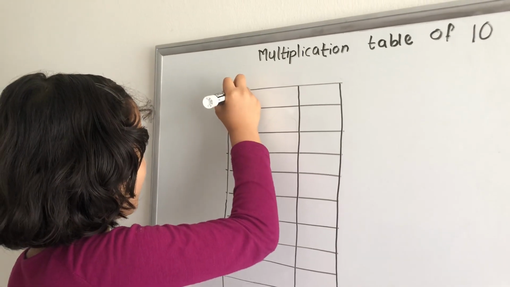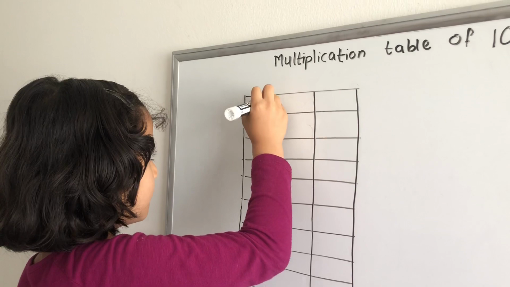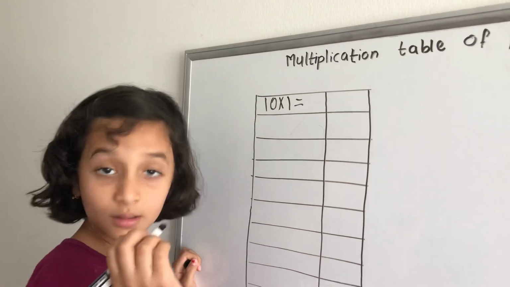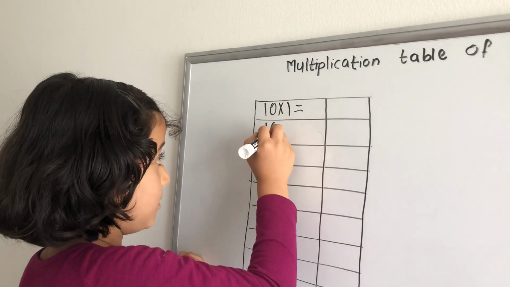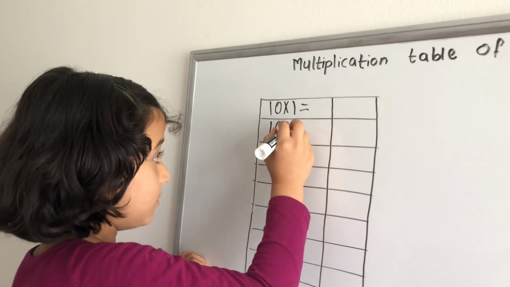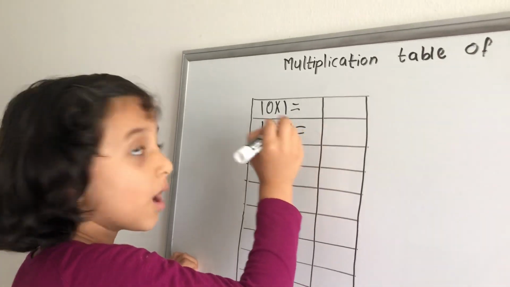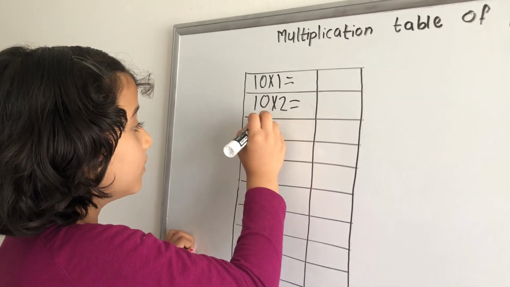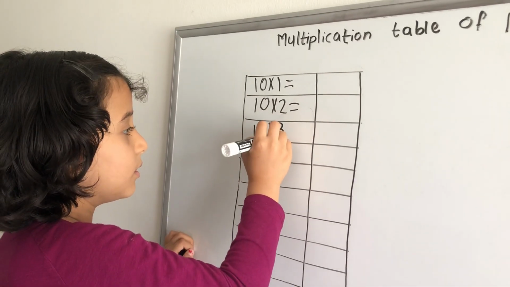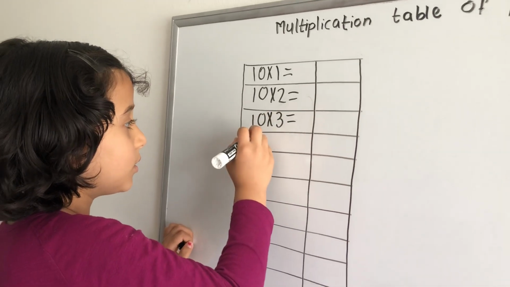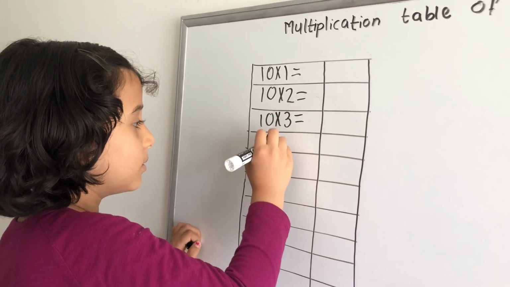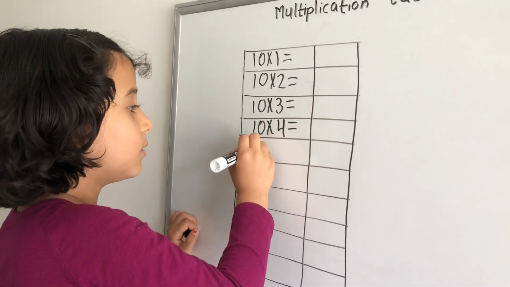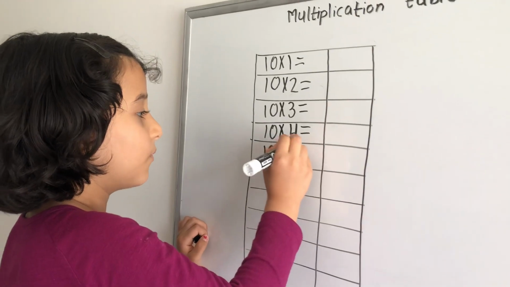10 times 1 equals. 10 times 2 equals. 10 times 3 equals. 10 times 4 equals. 10 times 5